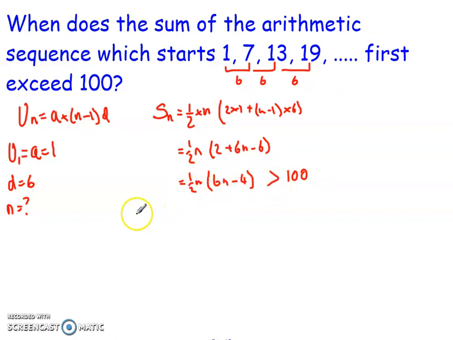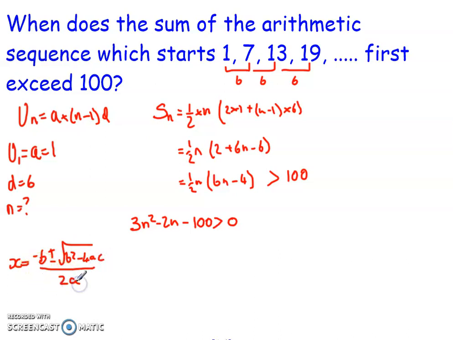So if I multiply this bracket out, I get 3n squared take away 2n. And if I shift the 100 over, I then have that take away 100 has to be bigger than 0. So I want to know at which point this is satisfied. So if I solve that, if I use the fact that x is equal to negative b plus or minus the square root of b squared minus 4ac all over 2a, so if I solve that using my quadratic formula,